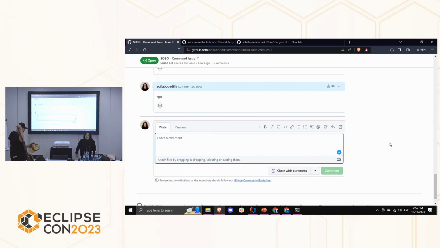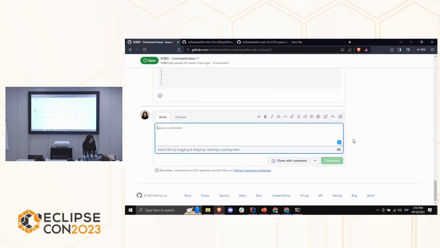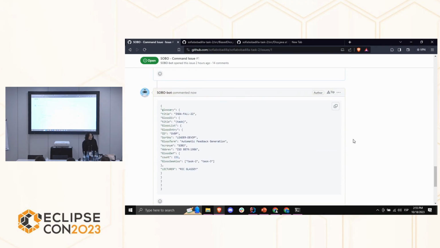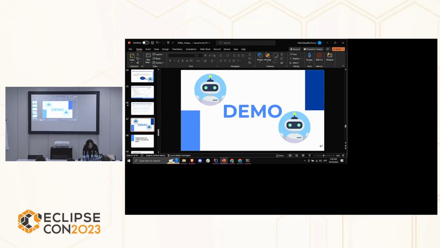And when I say we increase engagement, we have some ways that they can actually interact with the bot. So what, for example, if I try to send a code injection? SOBO tries to fake an SQL attack. So let's go back to the presentation. No, I want to start from here.